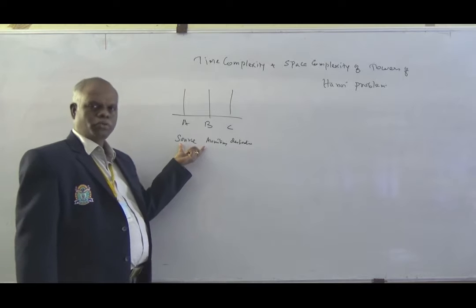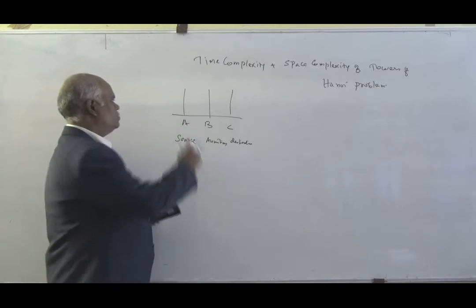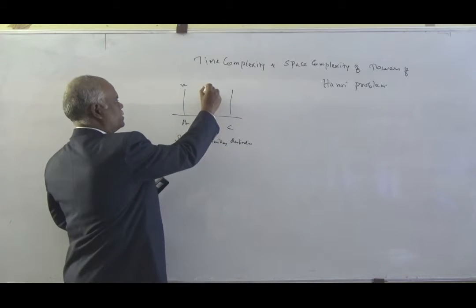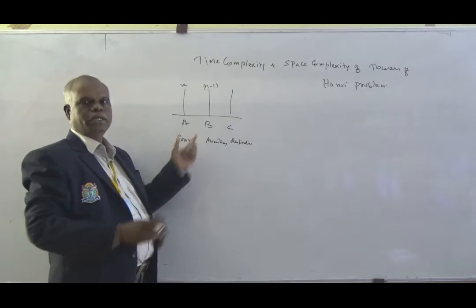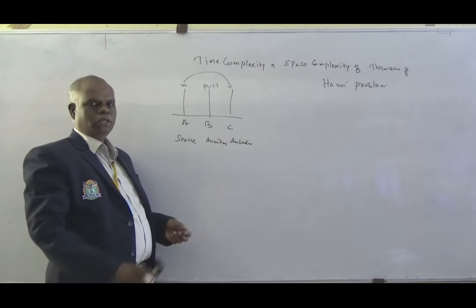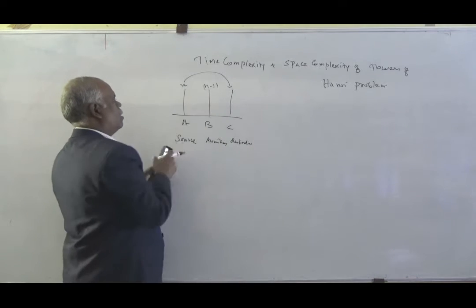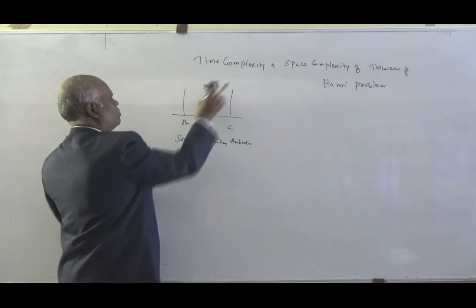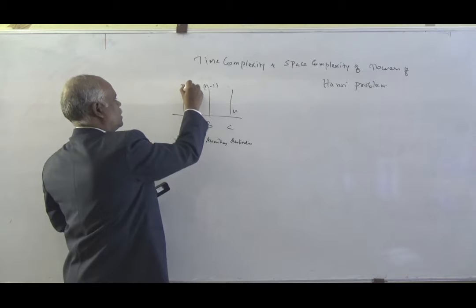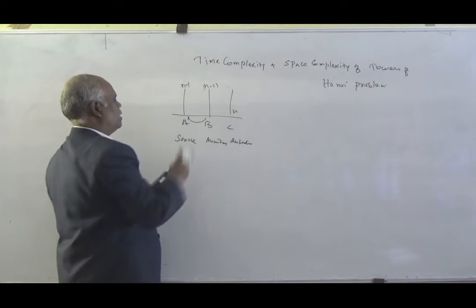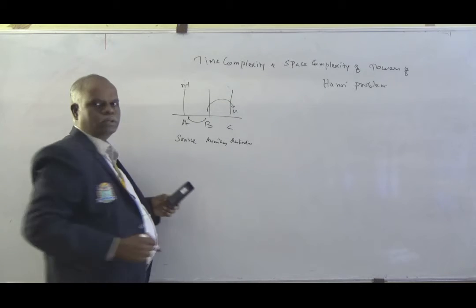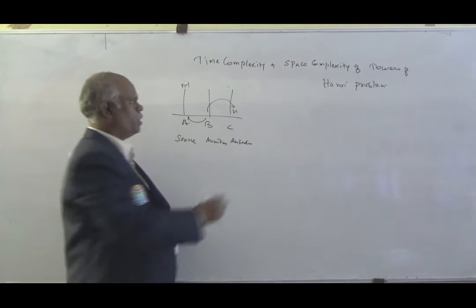As we have discussed in part 1, the strategy is, if there are n disks in the source, we have to move n minus 1 disks to auxiliary, then move the nth disk directly to the destination. Next, the nth disk will come to this place. Now we have to move n minus 1 disks from B to A, and the final disk will go to C. So that is the procedure. So how do we write it?